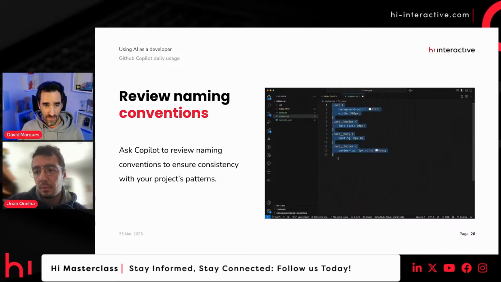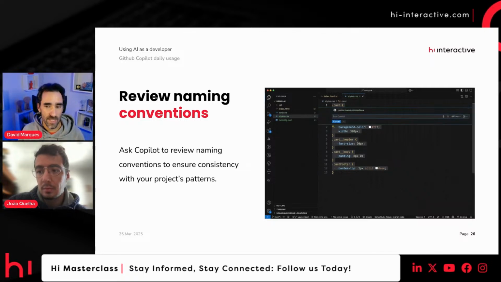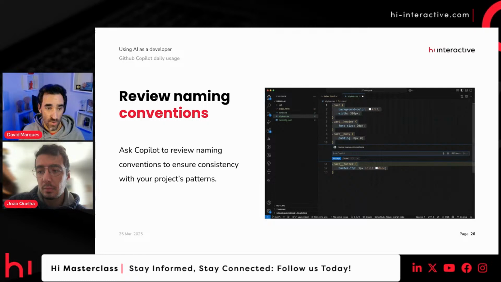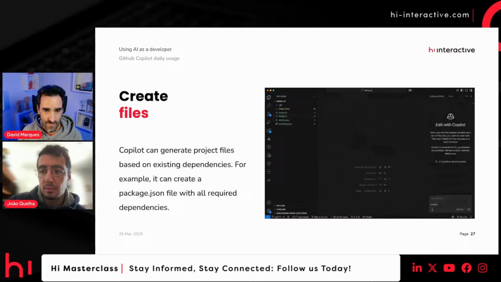I didn't say that I'm using CSS BEM. It understands the most common pattern is CSS BEM, and fixes the others that are not following it. So it's the last one, the card footer, and it applies CSS BEM, as you can see. So it's a great tool to find mistakes and fix them, a great tool for code review.